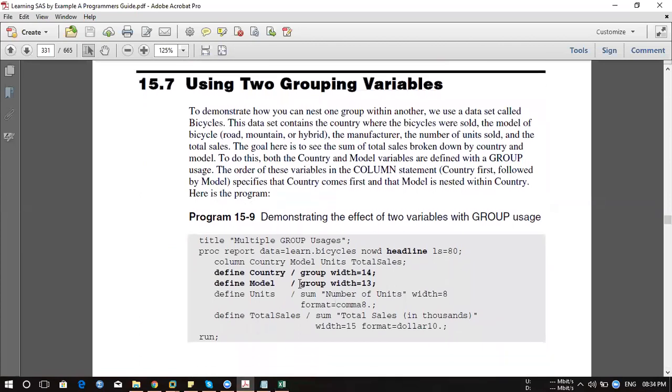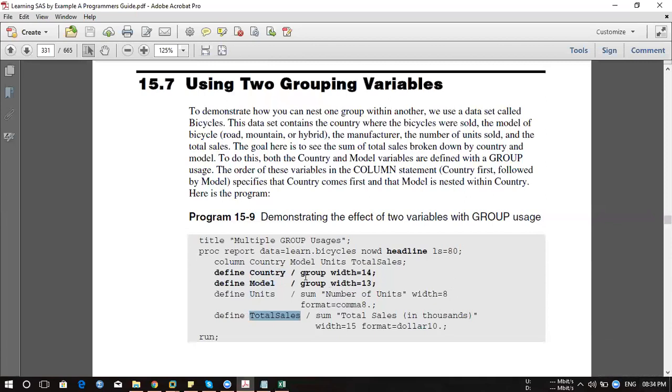Correct. Now we have a data set like that where, let's say, you have sales data. So okay, for country wise, there's a sale happening here. Correct. So you have a country, model, unit, and total sales. In that case, if you're trying to prepare the report and you're saying, okay, country with a model and how many units sold and what is the total amount, so you want to group all sales of a country based on the model, correct? Unit you want into sum, correct? And total sales also will be into sum, correct?